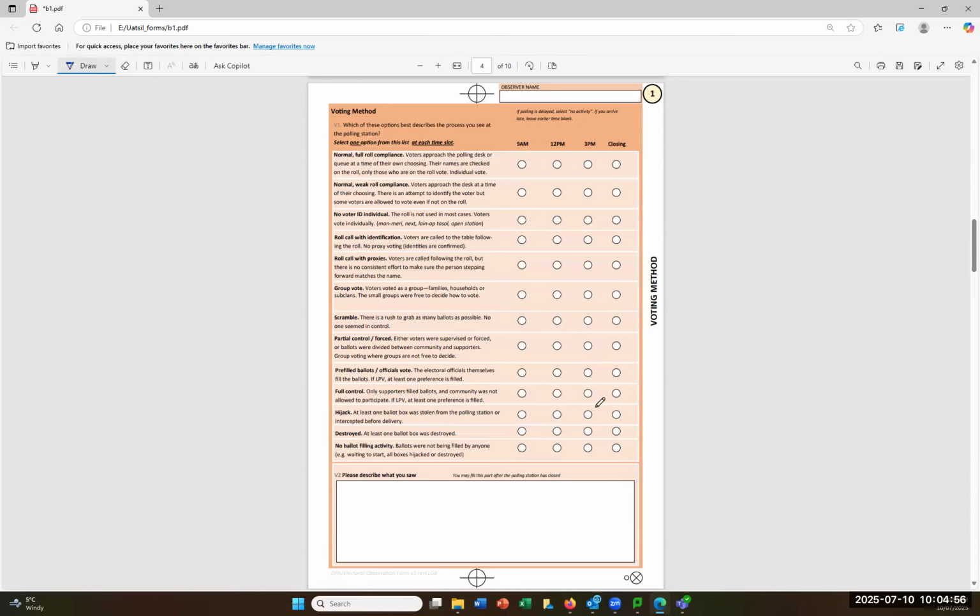The hijack of a polling box, we would really hope we don't see that. But if that happens, the possibility to record it is here. One thing that we might see are roll calls, where they call out the names of all people. If they are calling out names and following the roll, then we would choose roll call with identification. We find that this is often what happens at the beginning of the day when there's a lot of people there, and to prevent there being a big mess, they try to follow the roll